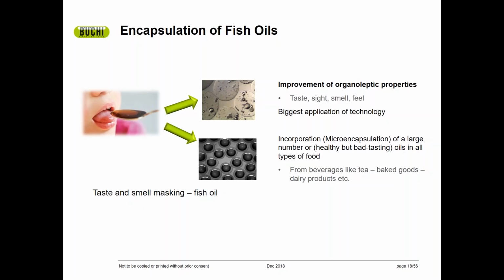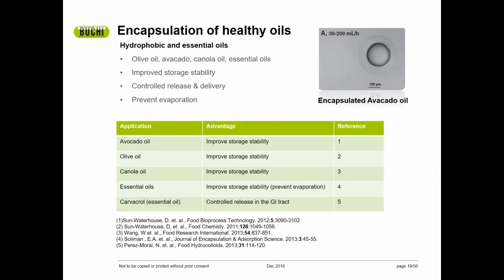But encapsulation prevents this reaction, and it can release either straight away or have this burst effect. So if you go through the literature, and a lot of the work that's been done in this technology, I suppose I can't talk about what I've done in industry directly, but if you do take a look through the literature, there are several studies that talk about different oils and foods that they have used with